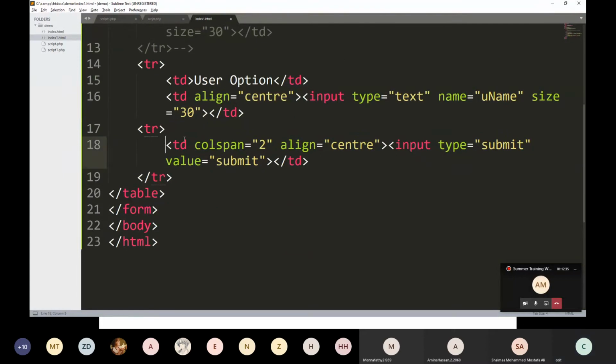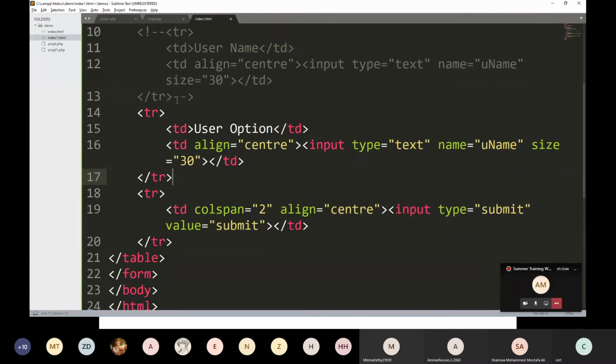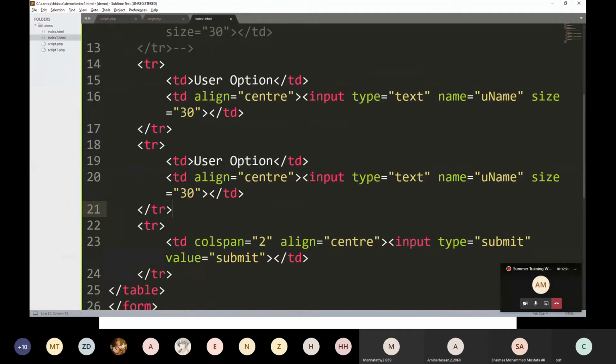Then user option, then copy, paste, enter the first value. I'm keeping the type num, then we will keep the type text and we will see how to convert it.